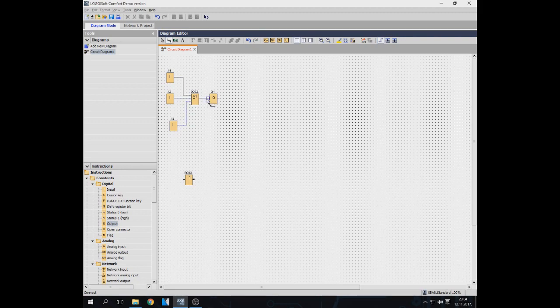When we have connected this circuit, I'm gonna press the F3 button again, and I will turn on one input, and we will activate the